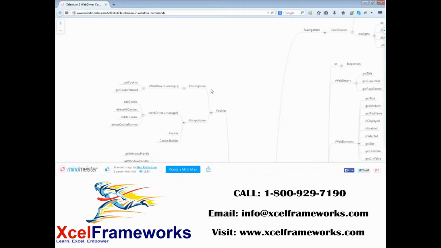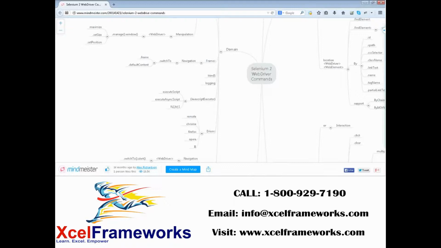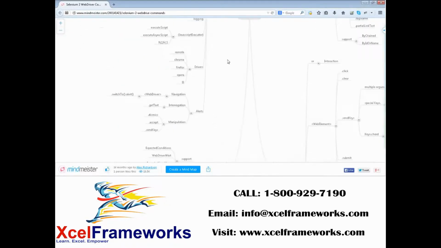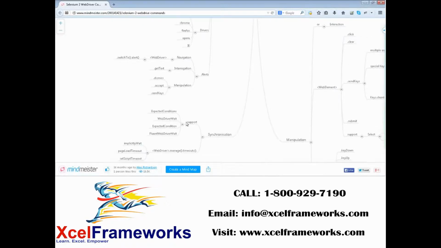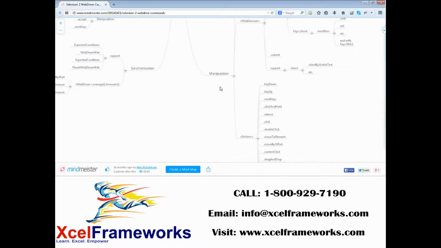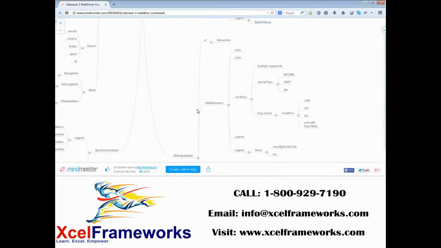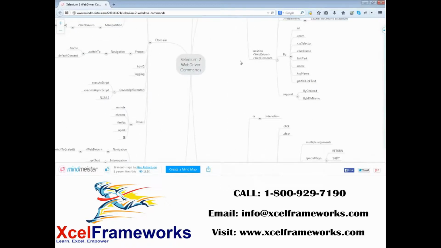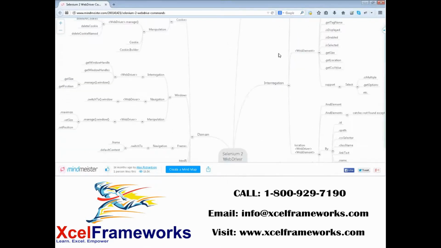Today there are a lot of challenges for a web application: how to handle a frame, how to automate HTML5 websites, how to automate with different drivers, let's say Firefox, Chrome, or IE, how to handle alerts, how to handle synchronization, and the web elements manipulation like key up, down, drag, drop, those kinds of things. And web element is something like how to submit, send keys, click, the locations. So there are a lot of other stuff related to WebDriver.